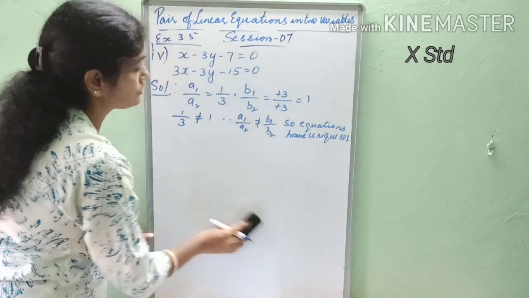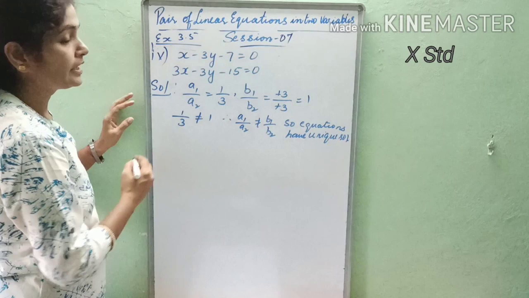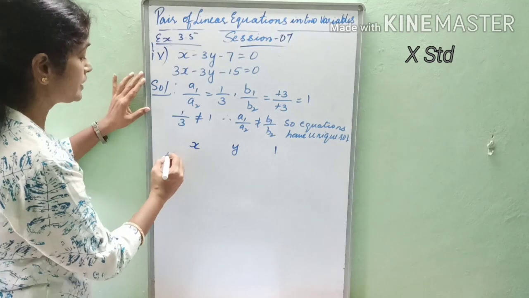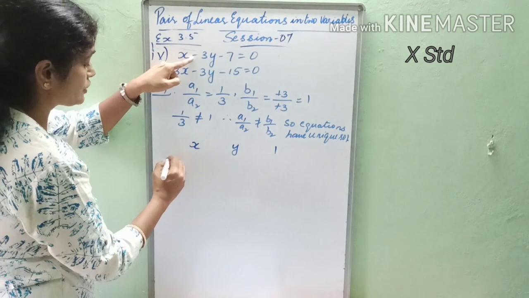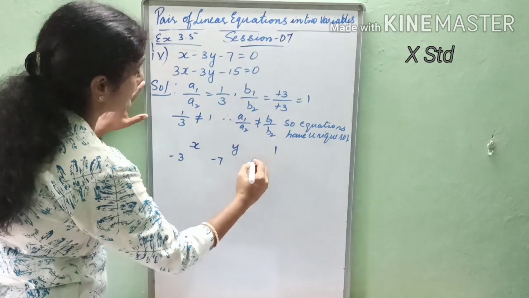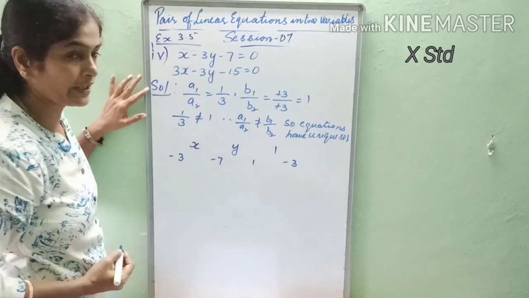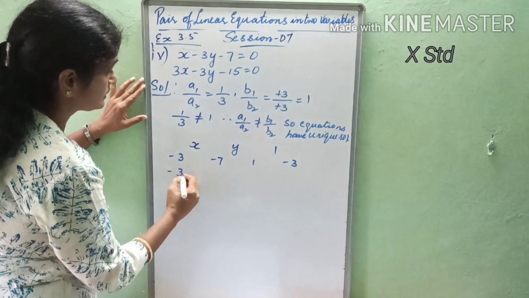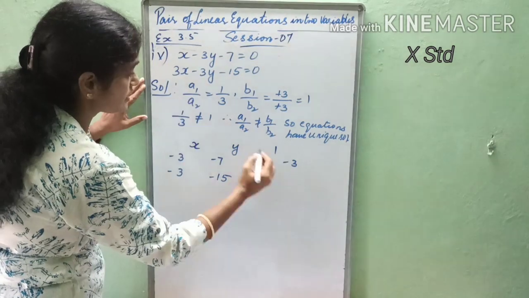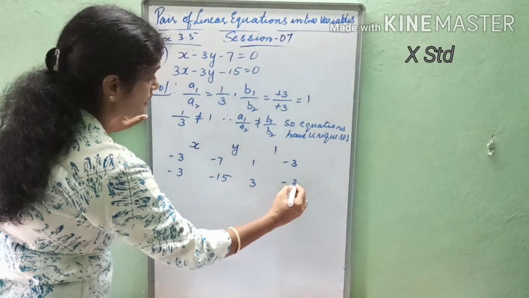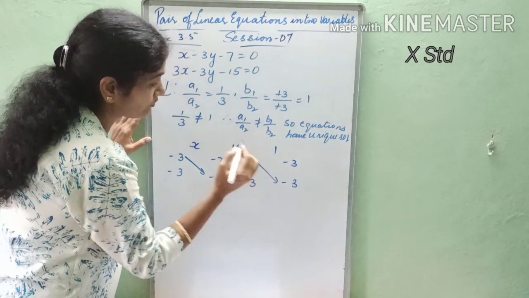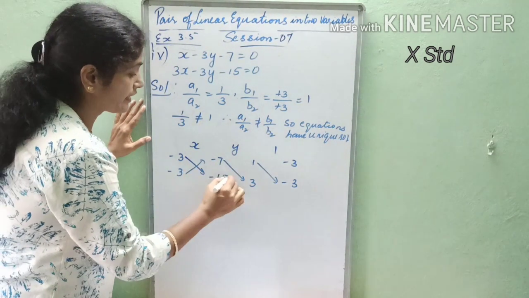Fine. Now, if they have unique solution, we have to find the solution by cross multiplication. So we will try to find that using cross multiplication. So, x, y and 1 we are writing. Here it is b1, coefficient of y, that is minus 3, b1, c1, a1 and b1. Then b2, then c2, then a2, coefficient of x, and here again it is b2. Then put the arrow marks this way first, and then second is this way up.